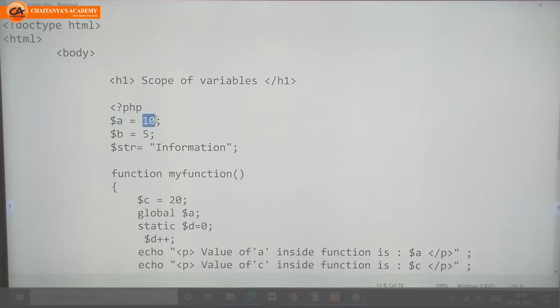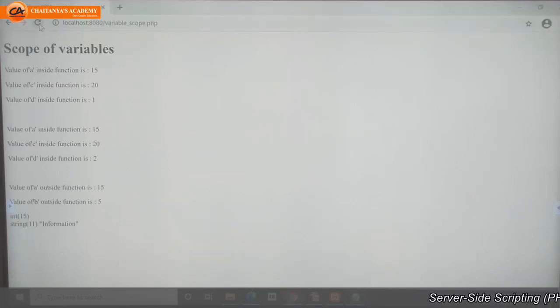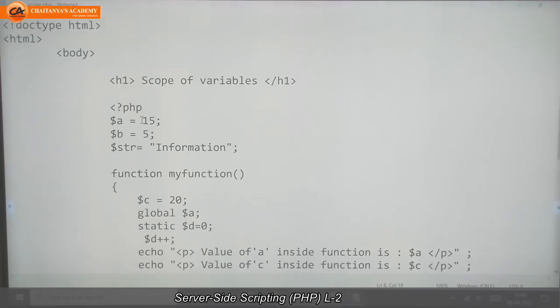Suppose I change the value here to 15. We'll check whether it changes or not. See, it's changing. Now it becomes int 15, that means integer data type with value 15.